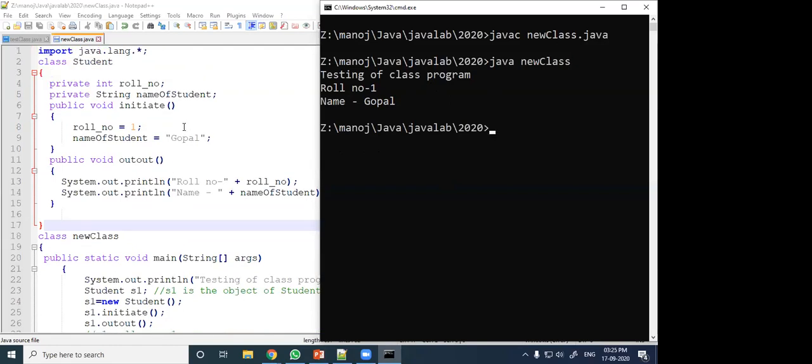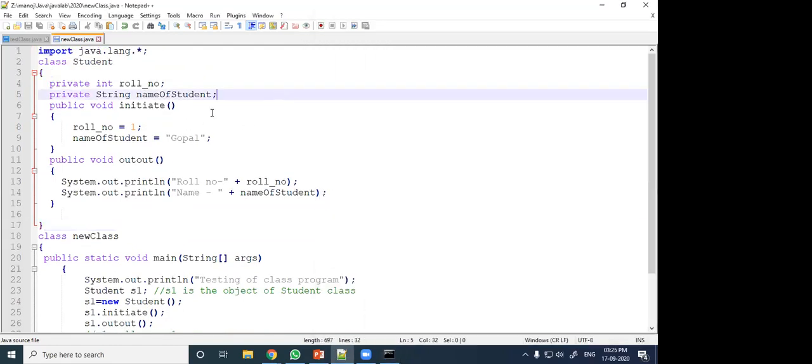So understood? Here, just see, a class can contain private and public members. Normally, we write the data members as private so that we hide them from outsiders, and the methods which are required by the public or by others will be defined as public.